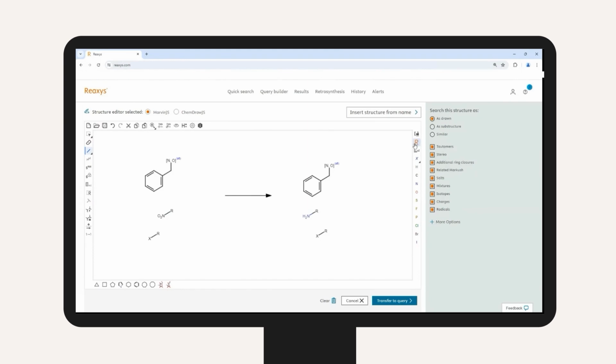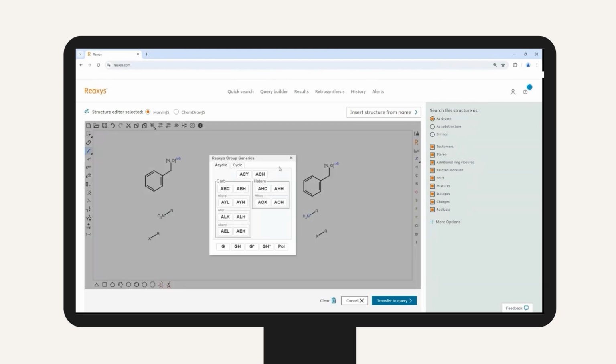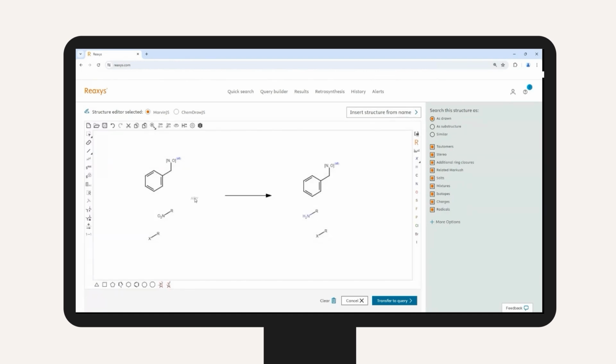So again, if I come up to the right hand side into my Reaxys generics, I can then use particular R groups, and I can select here either an aryl group, and again the shortcut can be I can also type in heteroaryl on my keypad and put that here. Once I'm happy, I can then go back to R and select this as R.